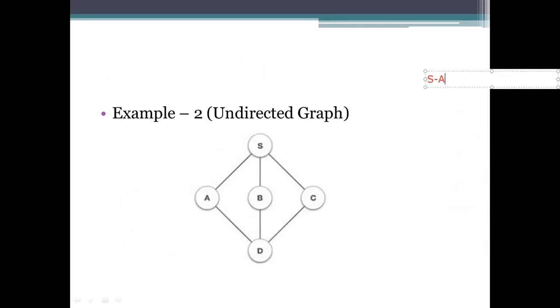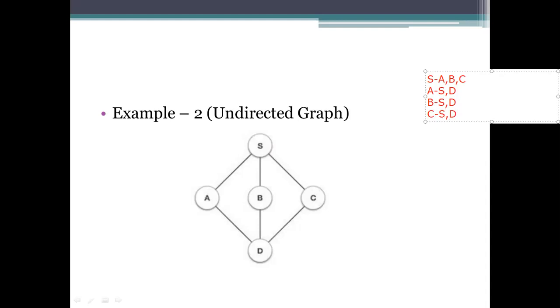We need to plot the adjacency list since it is a very simple graph. So here S comma D, B has another element, that is S comma D, and C has the same, S comma D.